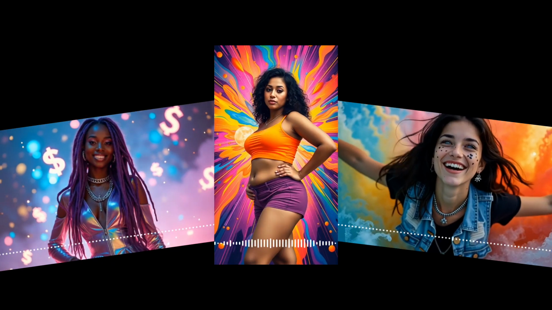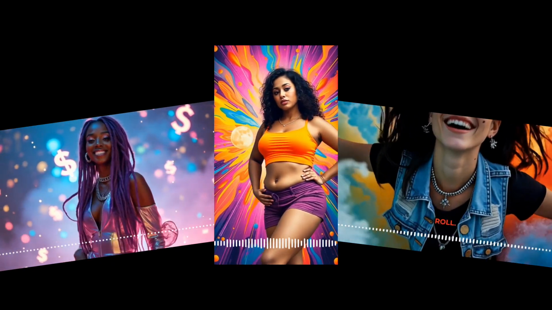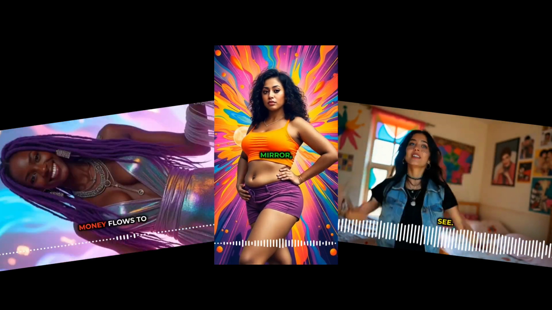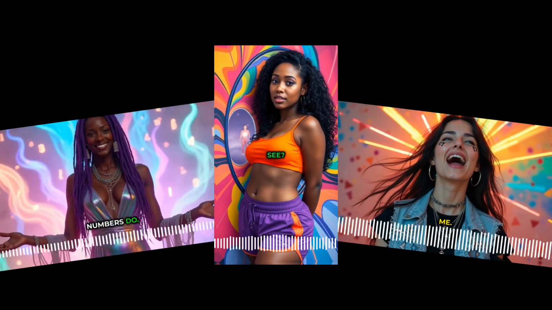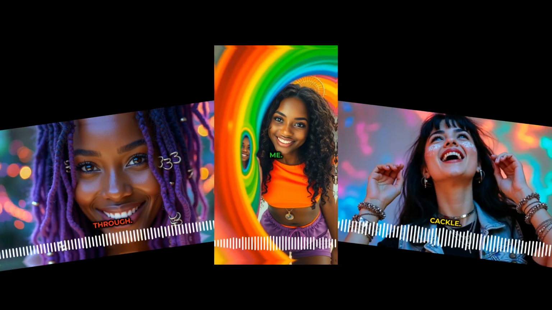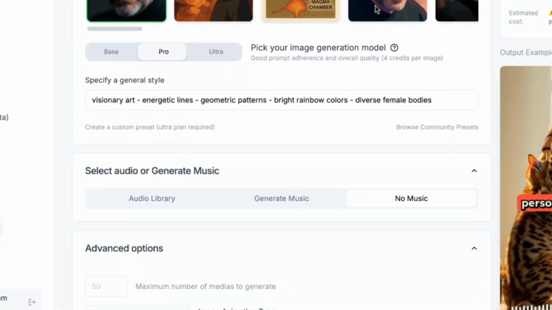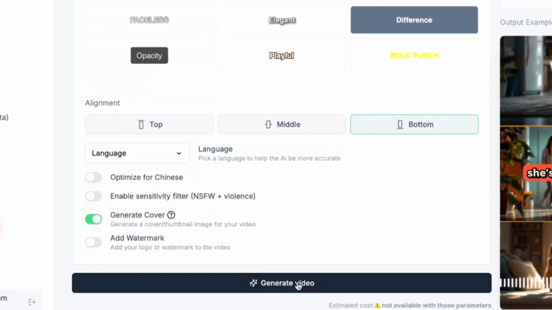Okay, you're not even gonna believe this, but the music videos you're seeing right now were made with just one click using my latest and greatest AI tool discovery, Revid AI. For real, I'm not baiting you. I filled out this one page, hit generate, and so far, the results I've gotten from music to music video